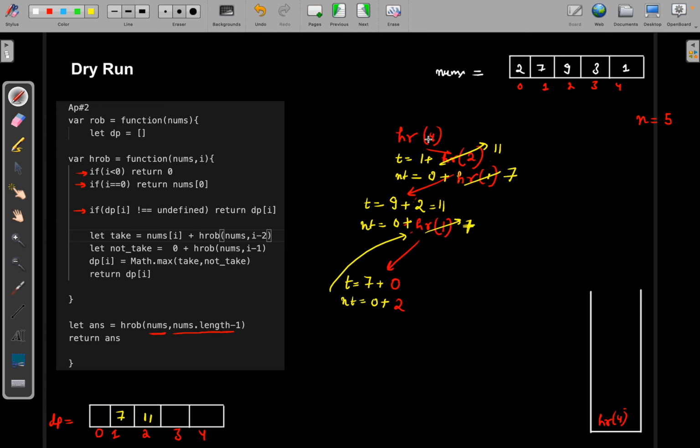So for hr of 4, I have a take value of 11 plus 1, that is 12, right? And a not take value here, that is 7. So which is maximum? dp of I is equal to math dot max of take and not take. That is, maximum is 12. So what I will do? I will simply return